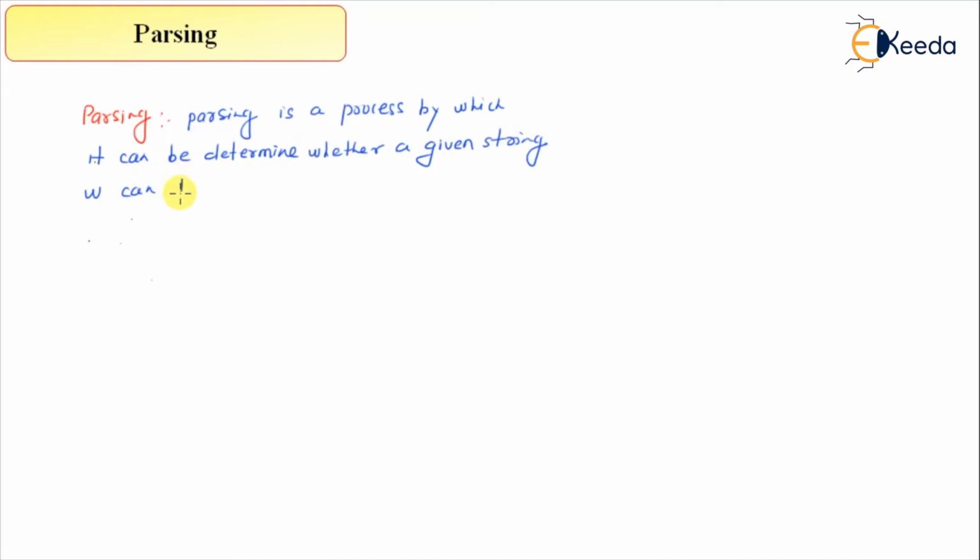Parsing is a process by which it can be determined whether a given string W can be derived from the grammar